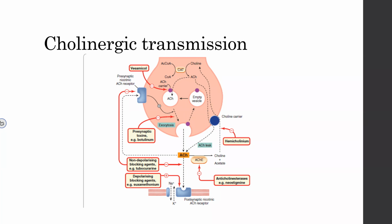Then acetylcholine is basically broken down by something called acetylcholinesterase. And so therefore, if we play with that as well, we can change the amount of acetylcholine in the synapse. For example, if we use an acetylcholinesterase inhibitor, like neostigmine, like it has on the image, you can actually increase the acetylcholine in the neuromuscular junction, and it will lead to more